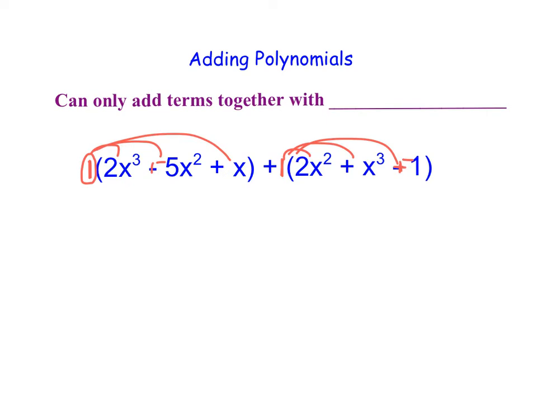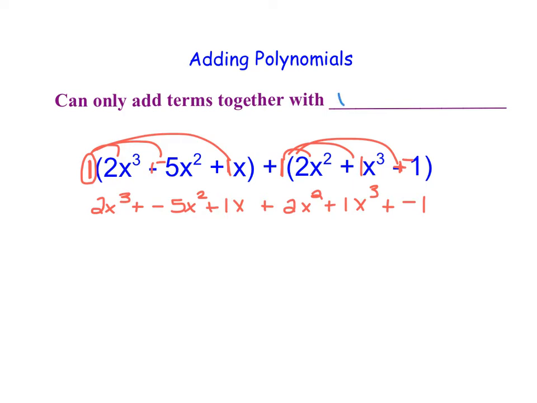But if we distribute out that 1, we find that we have 2x cubed plus a negative 5x squared plus, this is really a 1 here, so 1x, plus, in the second parenthesis, we have 2x squared plus 1x cubed plus a negative 1. So what I've done here is distribute out those 1's in order to get rid of the parentheses. Then from here, if I think back to what I know about algebra and terms that can be combined together, I know that we can only add together like terms,